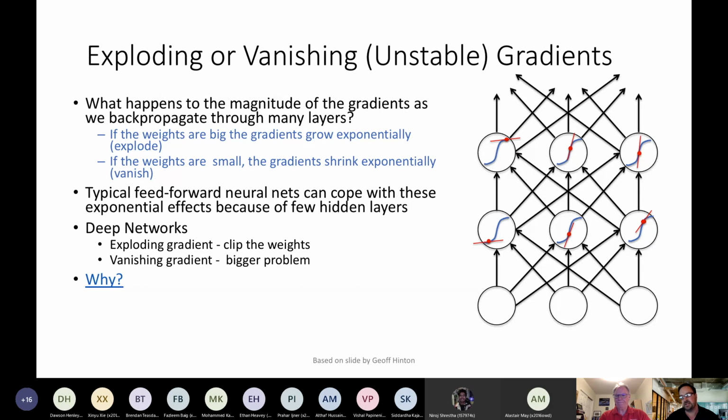You can talk about this as gradients or activations. We'll talk about it as activations to keep it simple. Imagine that the weights in this network are all slightly larger than 1. As we're activating, we have this multiplicative effect going through hundreds of layers, and values slightly larger than 1 multiplied by values slightly larger than 1, and so on, are eventually going to add up to extremely large numbers.